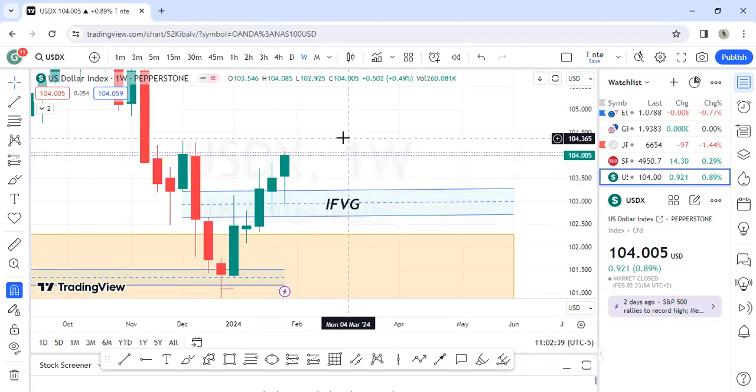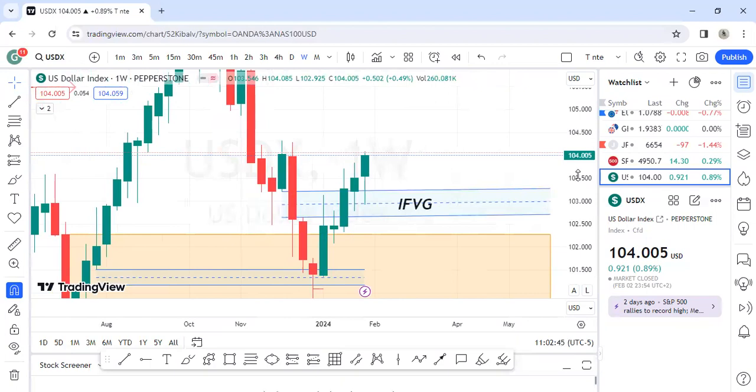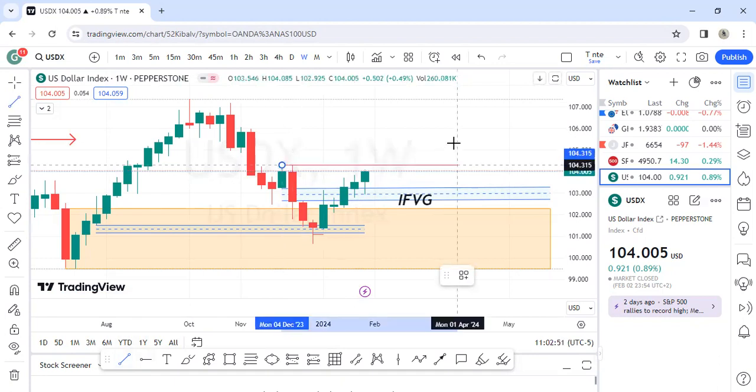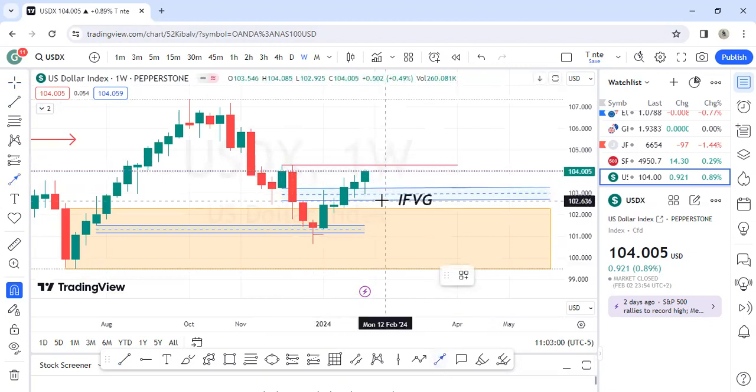Right. What does this imply? We can likely see more bullish price action. So the market is really, really bullish. And if you ask me, I can see an inducement here. Where's our inducement? Our inducement is forming here. So that will be my target for this week. Right. So I'm looking at these relatively equal highs here. That would be my first target. So I would like to see price breach that high and possibly make a new high. So that is where I'm targeting.